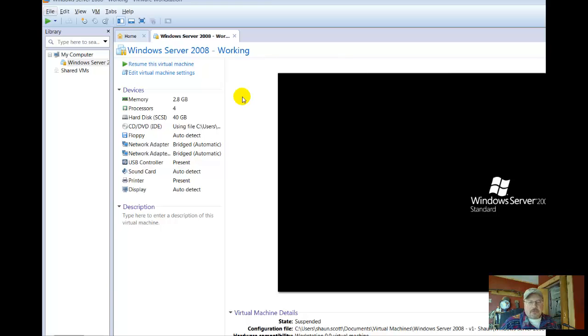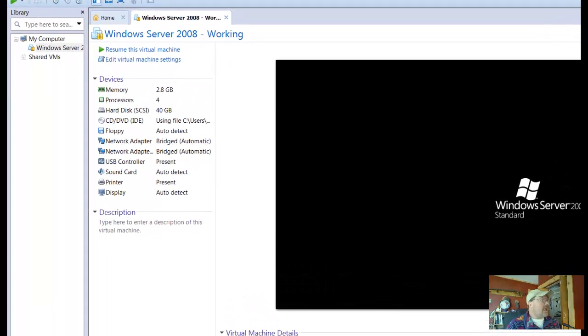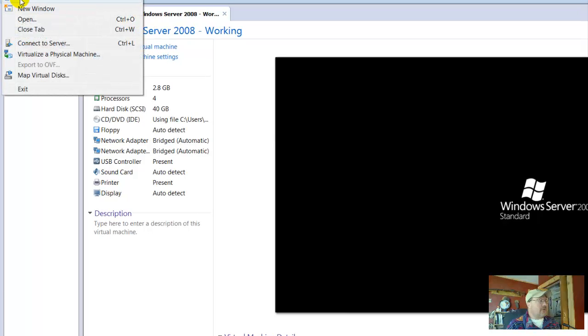Okay, this is for the Web Server Administration course. I want to show you how to create a VM, a virtual machine, within VMware Workstation. So what we have is our Workstation screen, and under File, for instance, you can create new virtual